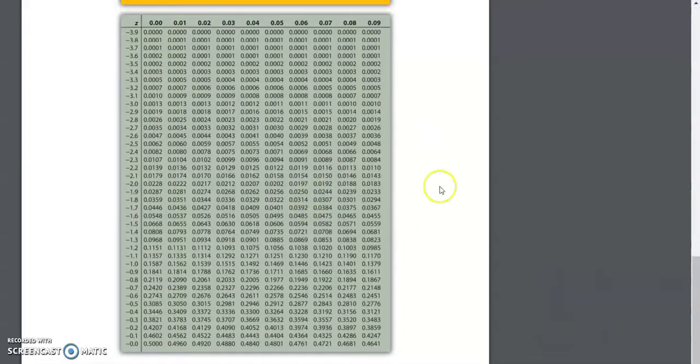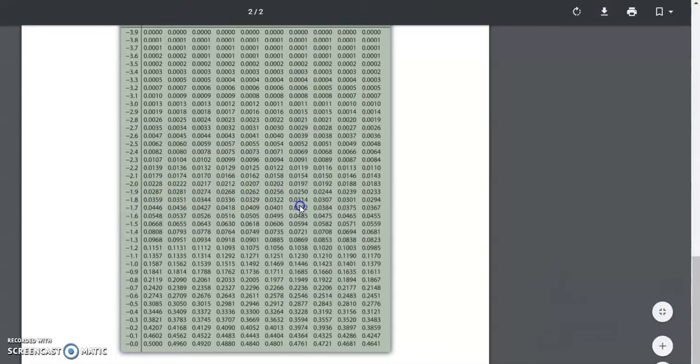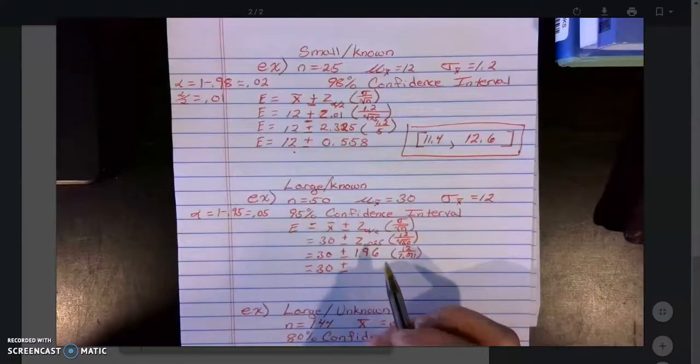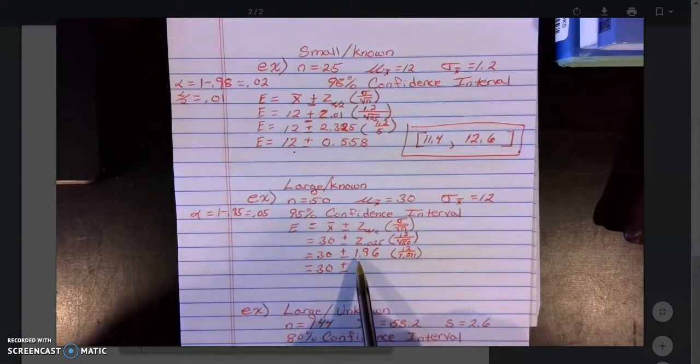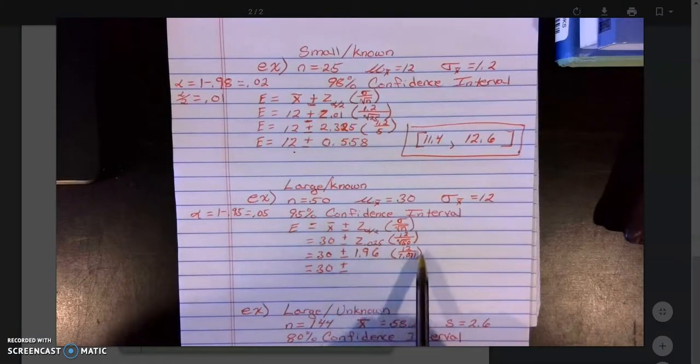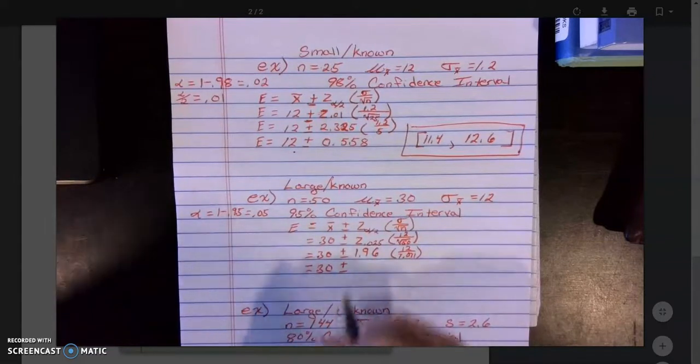Real quickly, we're going to look at this and we're going to find 0.025 here, and we notice that 0.025 falls right here in this region. And so what I'm going to do is now go across, and I see that's 1.9 up top. I see the 6, so I'm going to use 1.96. And when we use 1.96 from the chart, after we've looked up 0.025 on that chart, we multiply it by 12 divided by 7.071. What we're going to get here is